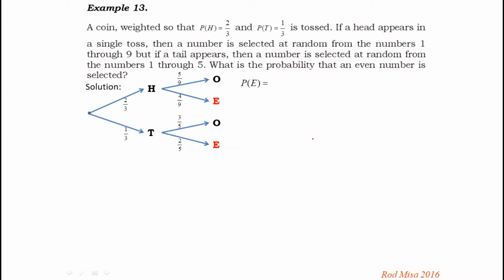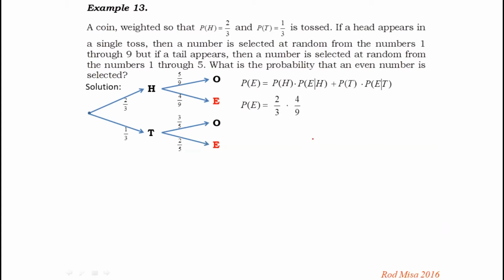The first case is when you have obtained a head during the tossing of the coin, and this will be multiplied by the probability of obtaining an even number given that you have a head as a result of tossing the coin. And the second case is the probability of having a tail as a result of tossing the coin times the probability of selecting an even number given that you have a tail as a result of tossing the coin. So, tracing our probability tree, we have the probability of having a head, which is 2/3,